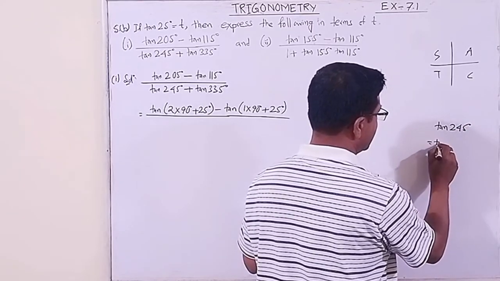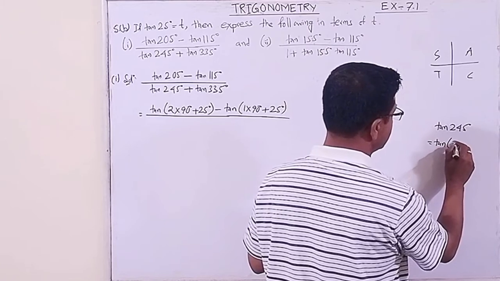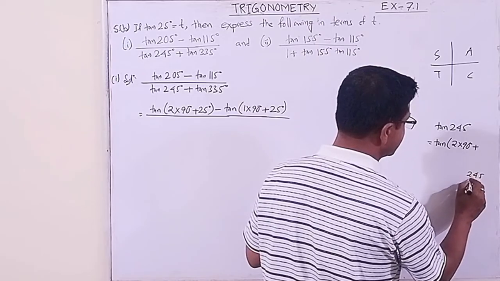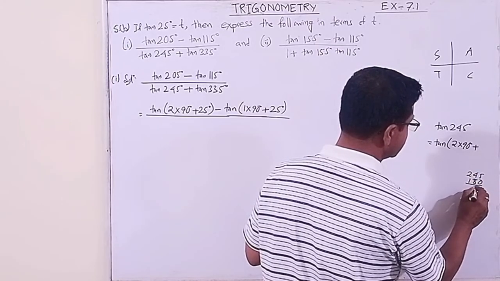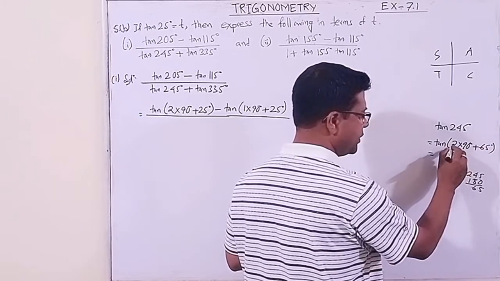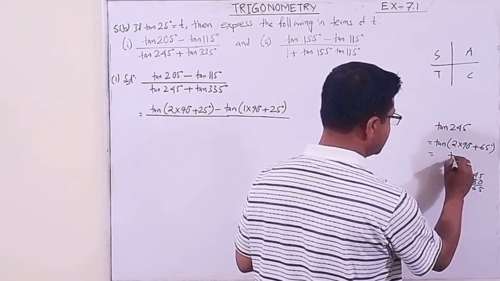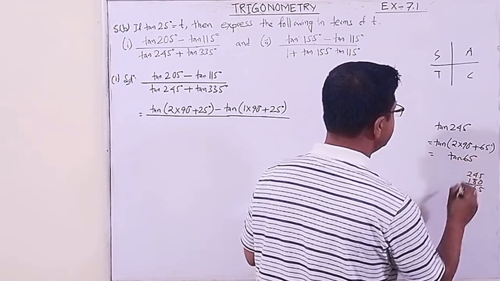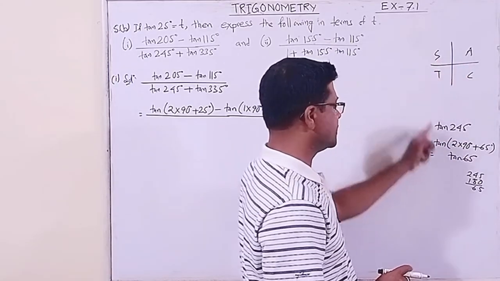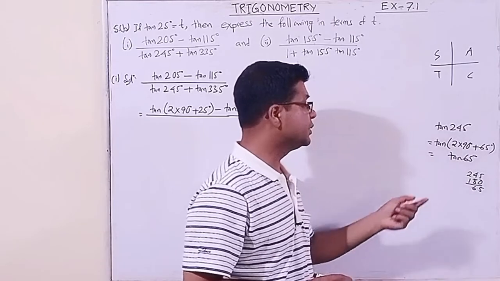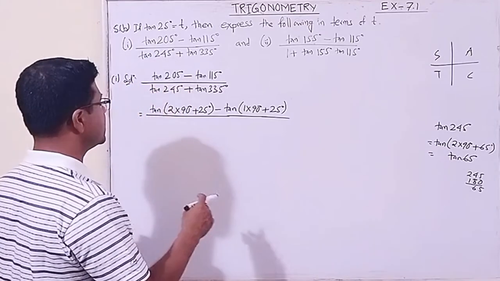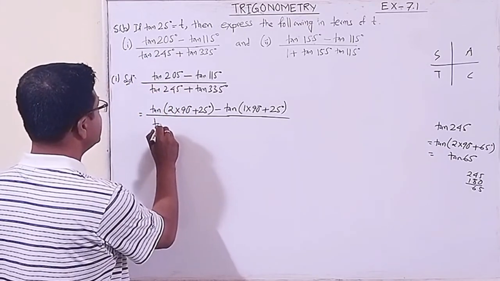Okay, now how will we write tan of, suppose 2 into 90 is 180. Okay, 245 minus 180, we want to see what it is. 65 degree. So it is an even multiple of 90 degrees, so obviously it is tan of this angle 65 degree. Alright, right. It is in which quadrant? 2 plus 1, third quadrant. In the third quadrant tan is positive, so its value is this. But my dear students, we do not need tan 65 degree, we need tan 25 degree. So something extra, something different we have to do.